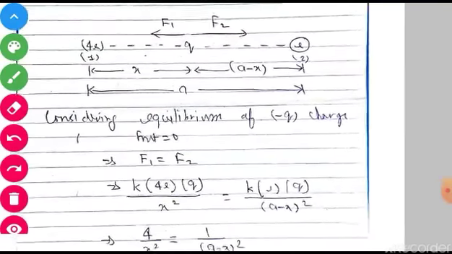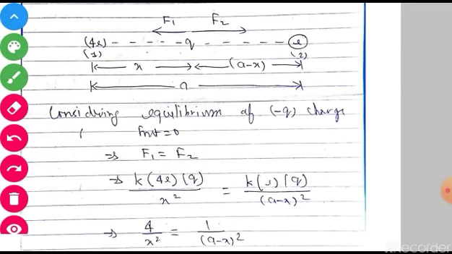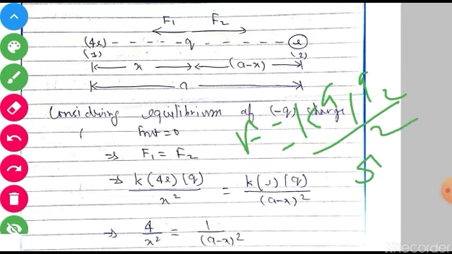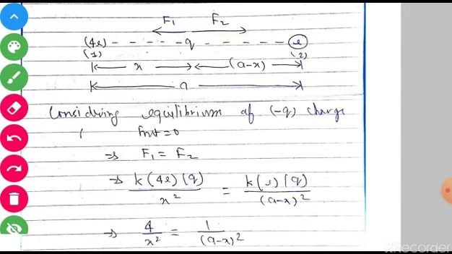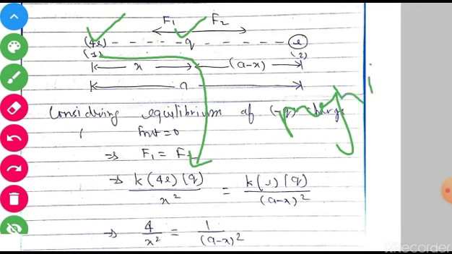Now I have put the magnitudes of F1 and F2 here. I have used the formula of force. Force is what? K Q1 Q2 by R square. For this first pair, Q1 is 4e, Q2 is Q. Again, you don't have to put the charges with sign here. I have told you earlier, and I am repeating the same thing: whenever we put charges in the formula of force and electric field intensity, we put them with magnitude, not with the sign. We use only the magnitude.